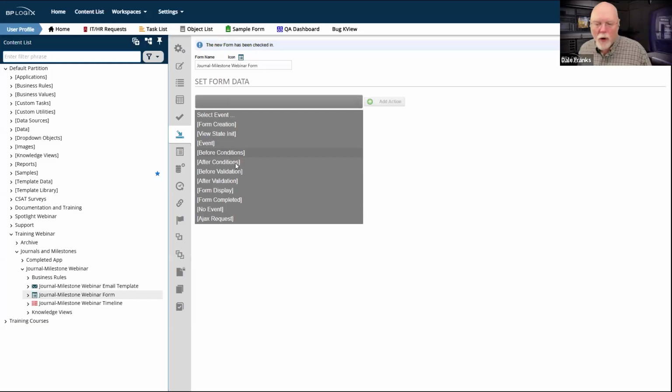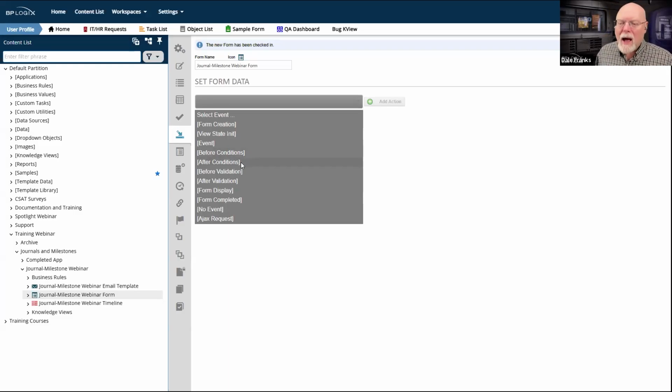Then I have the before conditions and after conditions events. If there are any conditions on the form, such as visibility conditions or enabling conditions, the before conditions event fires before we evaluate those conditions. So I might want to break in before the conditions are evaluated and set some property value.